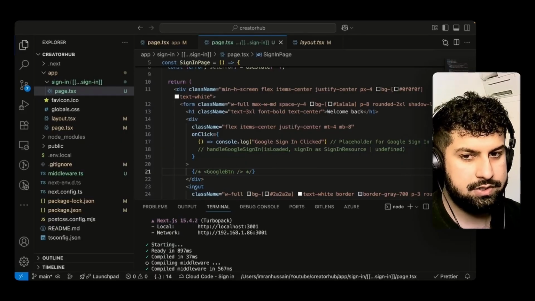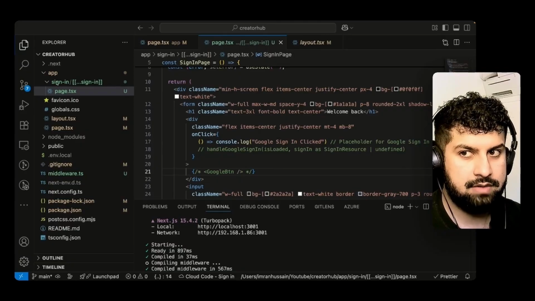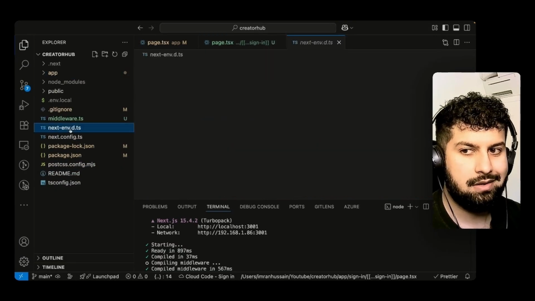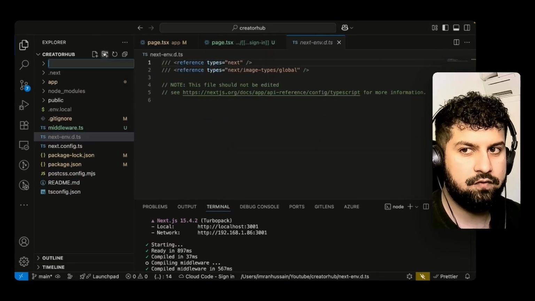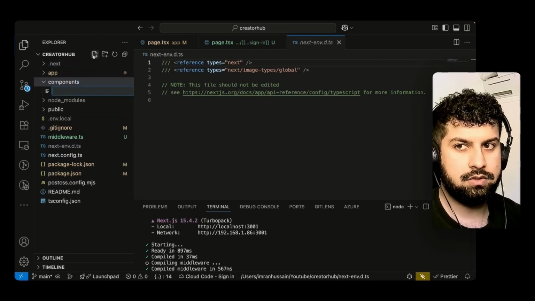Right, so what I want to do is create this Google button, but that is done with Clerk components. So let me just close the app router down. At the top level, what I want to do is create a new folder. This is the components folder, like so. And in here, I'm just going to create a file called